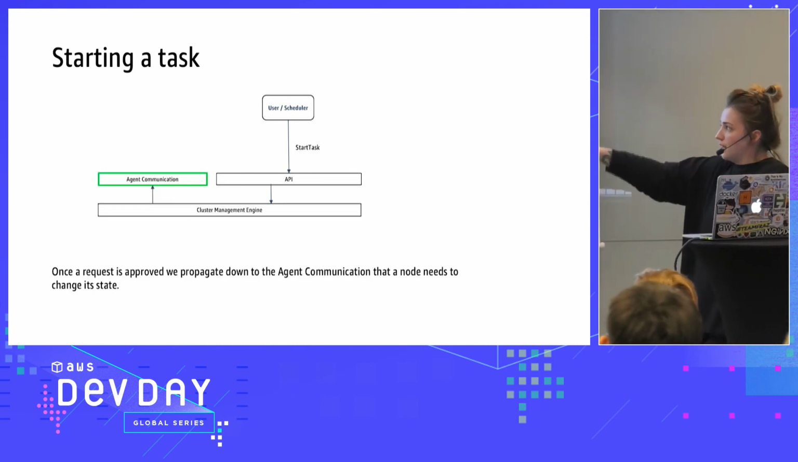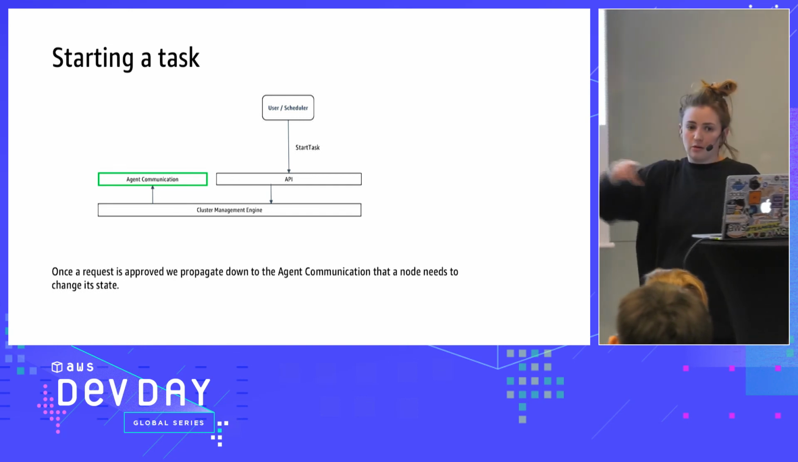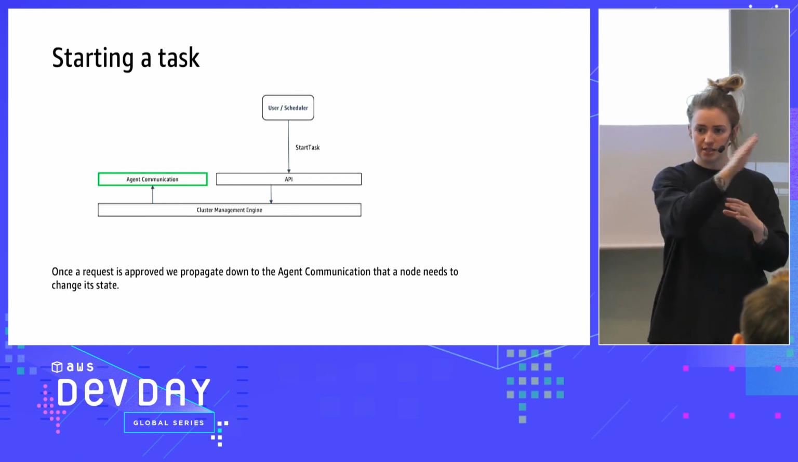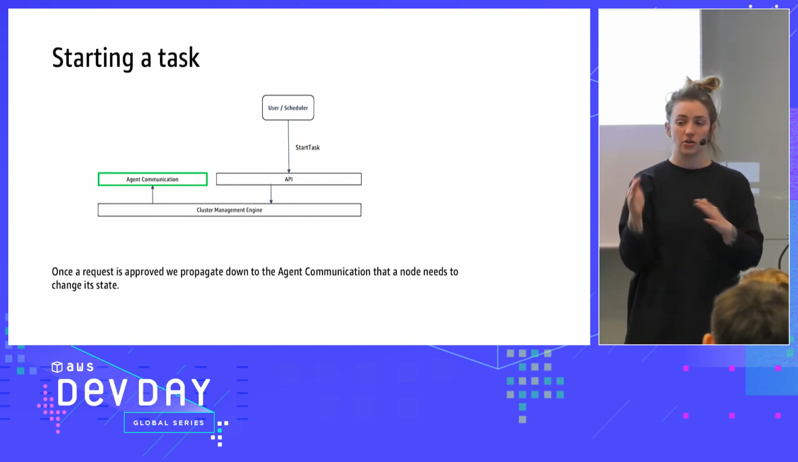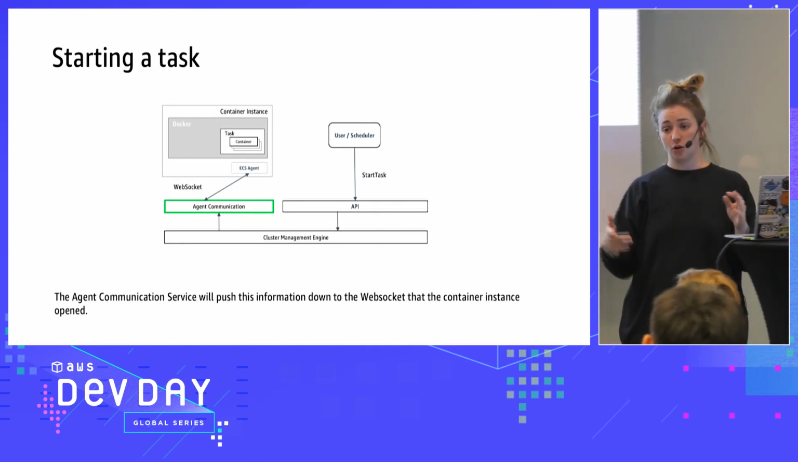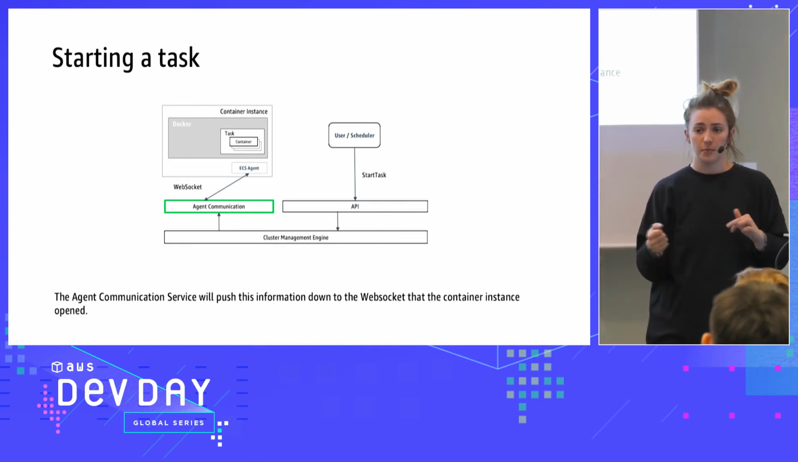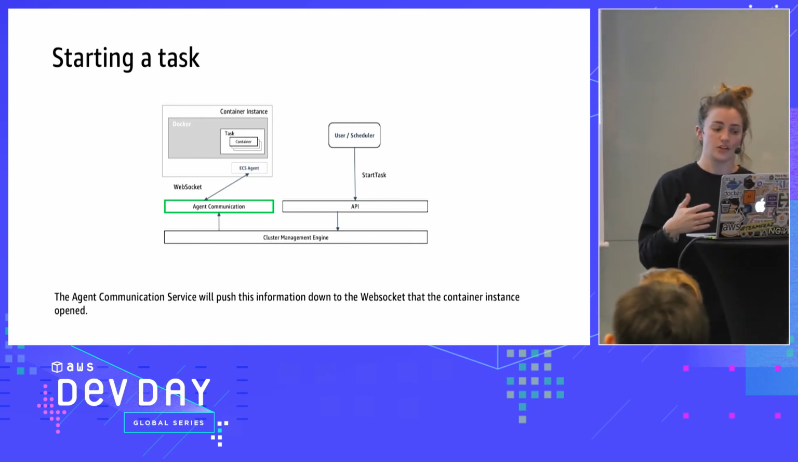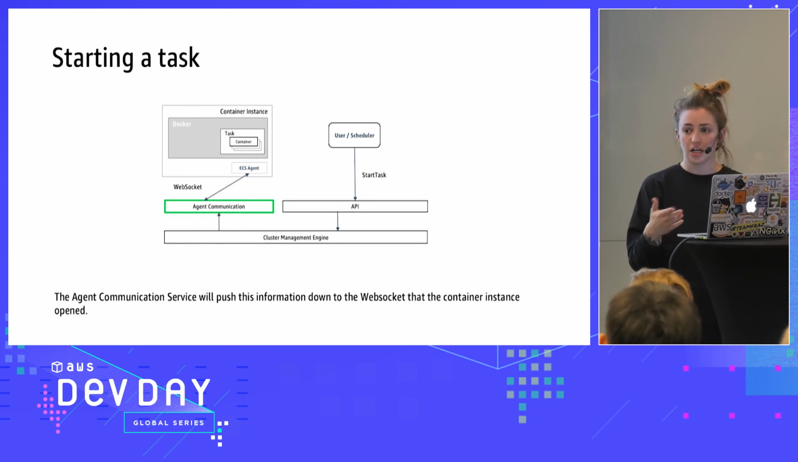If I've approved it, it goes to agent communication, and we talked about that's the part that communicates with all the ECS agents on all the instances. So if it's approved, it goes to that. It sends a state change request to that node, so that a new task, since your instance is starting, or since your new task is starting, and you can